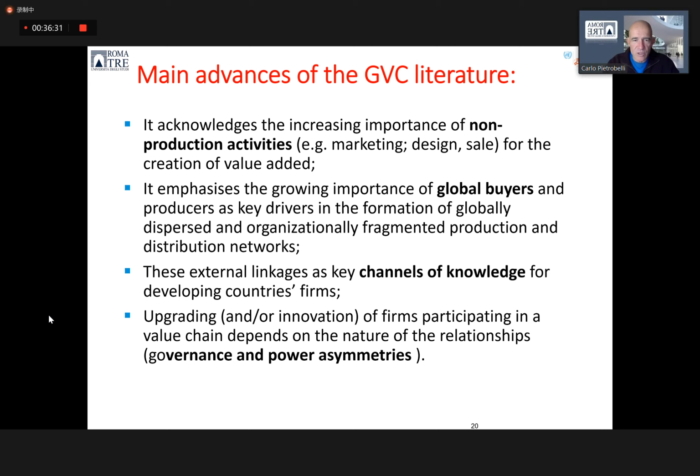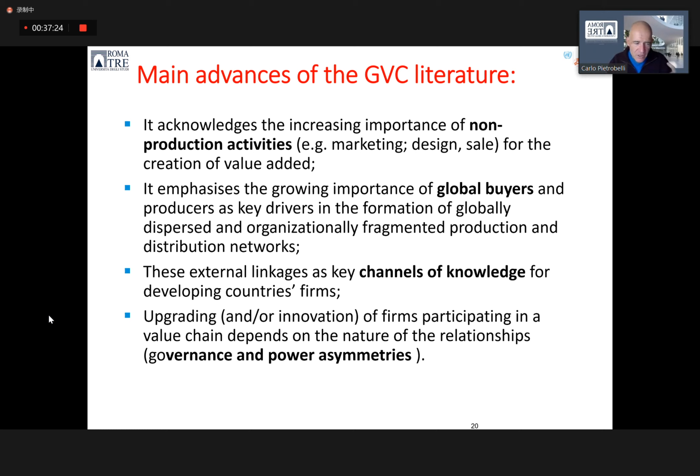A third element that this literature has been focusing on is the role of external linkages as key channels of knowledge for firms and for developing countries firms. So getting access to knowledge is important for any firm. Nowadays, this form of organization is offering remarkable access to knowledge. This does not mean that knowledge is always and easily accessible. This does not mean that these possible advantages offered by larger access to knowledge are easy to grasp. On the other hand, there's a lot of research showing that an active attitude of developing capabilities and struggling to get access to this knowledge is important, but still, these channels of knowledge exist, and they did not exist in the past. And fourthly,